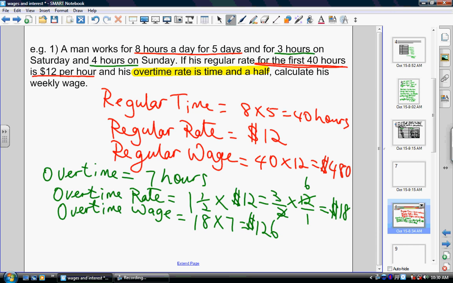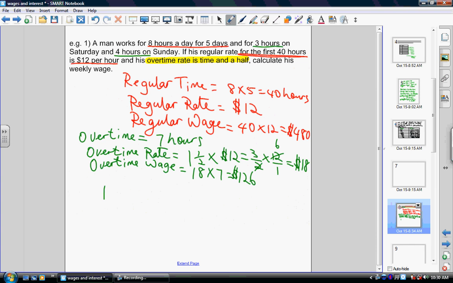You agree? So here we have his regular wage, which is $480. We have his overtime wage, which is $126. So his total wage for that week would be $480 add 126, which equals